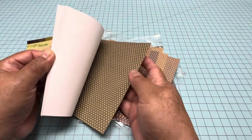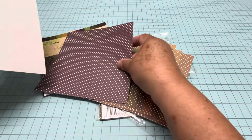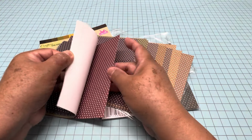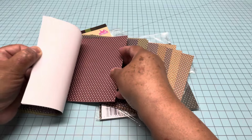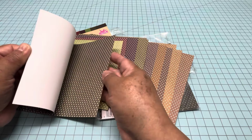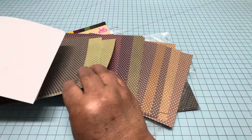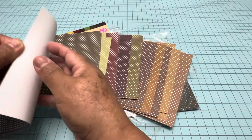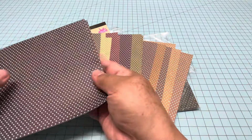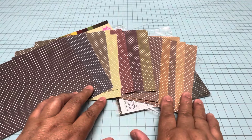Look, then you get this green, then this one which is kind of dark purple. This one is with a red tone, green, different kind of green. This is with a tone of blue, and this one which is dark brown. So you get all of these colors, 24 sheets,